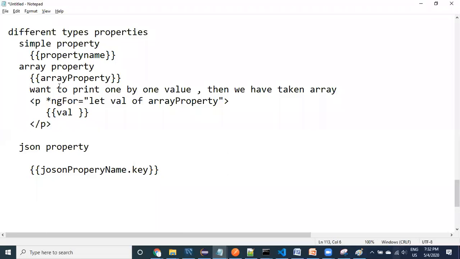If you want to print value by value, then we have to take a loop. See here, guys, this is the syntax. And to use a JSON property, we have taken the JSON property name dot key. So these are the things that we have done today.